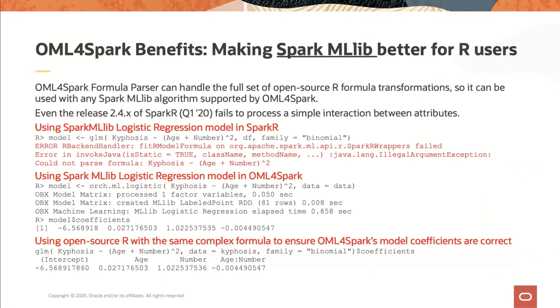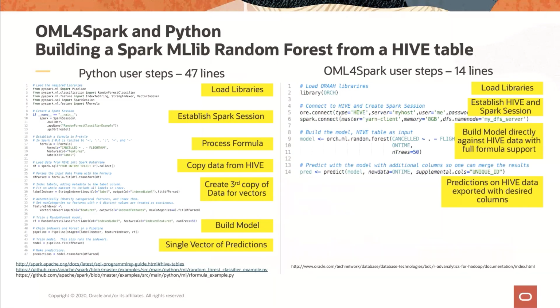Also, on a different twist, when we think about Python and OML4Spark, this is really nothing against Python. We are actually going to produce a Python interface for OML4Spark. That's our next big project. On the other hand, we think that we can make it easier for the end user. On the left-hand side, you see what happens today if a user running Python and PySpark wants to do a